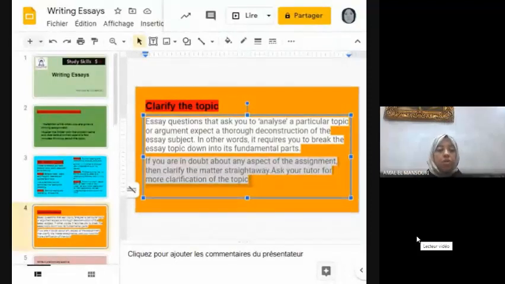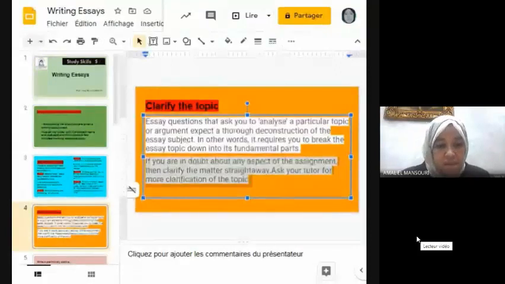What happens is that they start writing an essay and submit it to their instructor, and when the instructor reads their writing, he just crosses it out because it's off topic. So if you have any doubt about the essay question, you have to ask for clarification. Ask your tutor to explain it to you so that you don't make any mistake while you are writing.